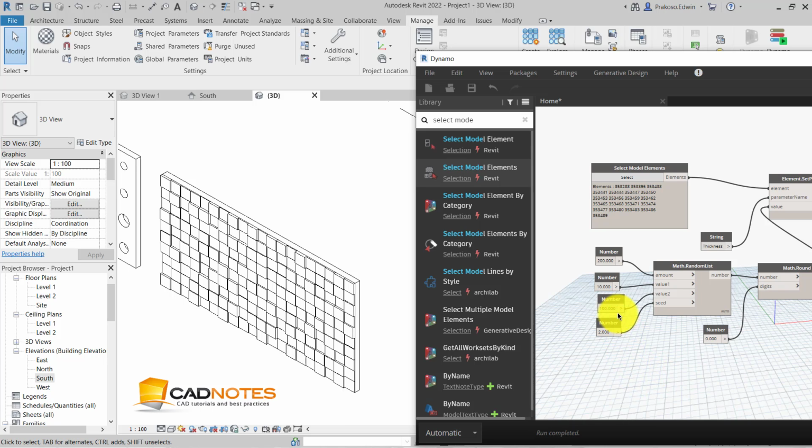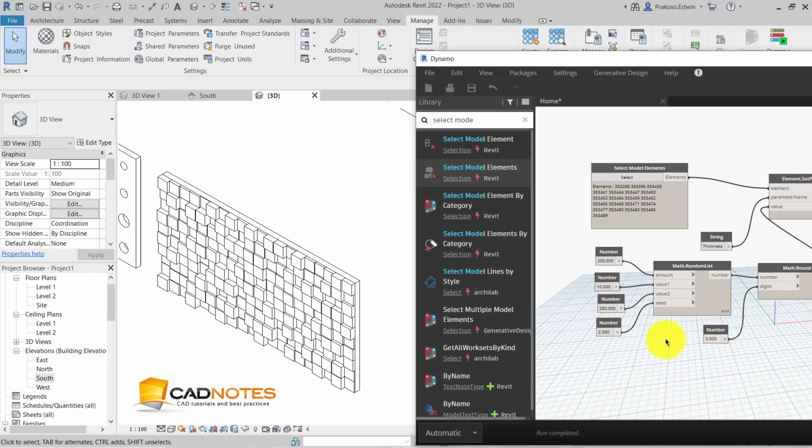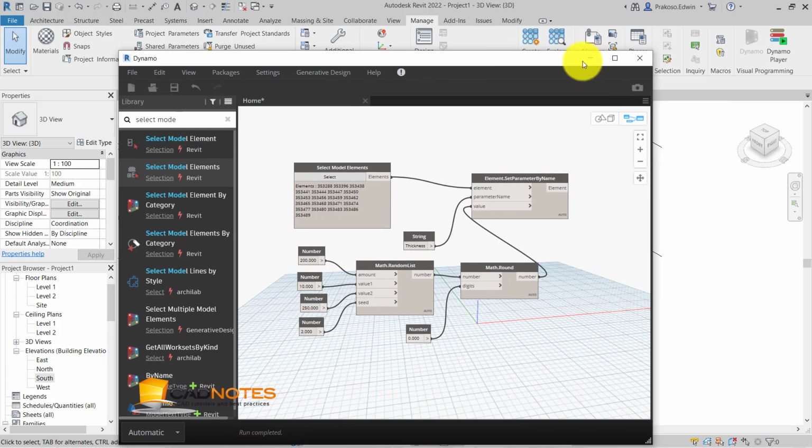So you can see that you can experiment with the numbers and immediately see the result without having to change everything manually. So let's explore this again. Thickness changed to 250. Okay, I think it's good enough. Let's close this.